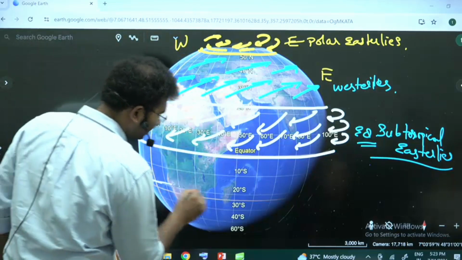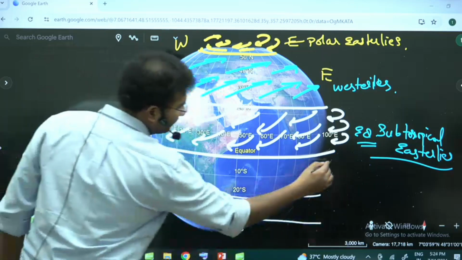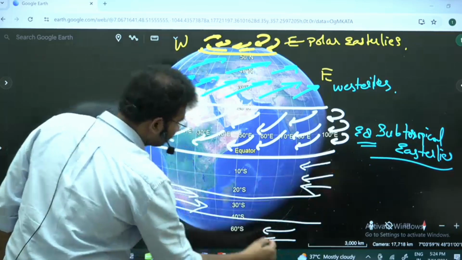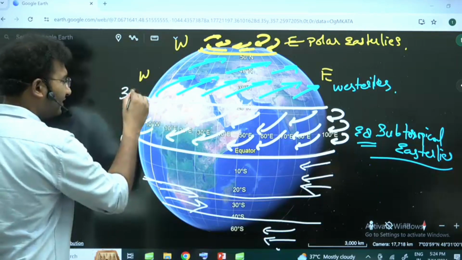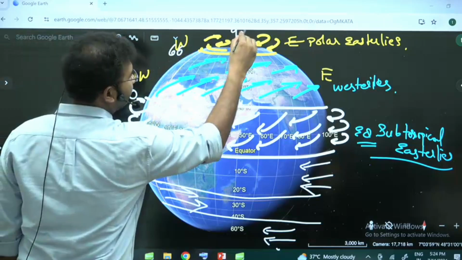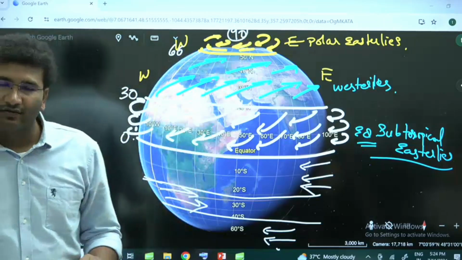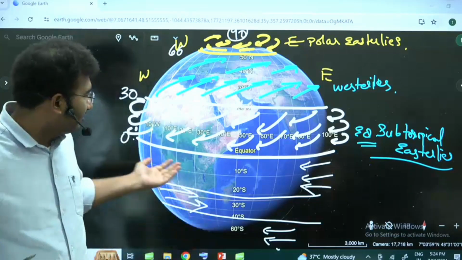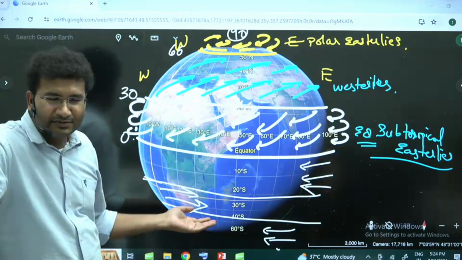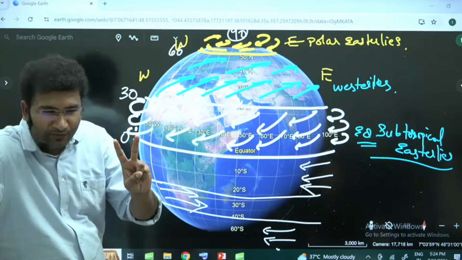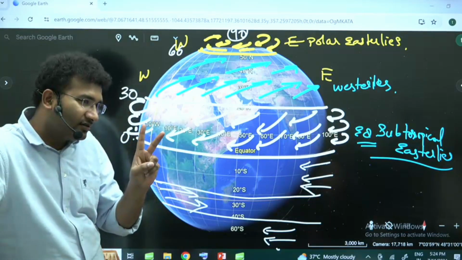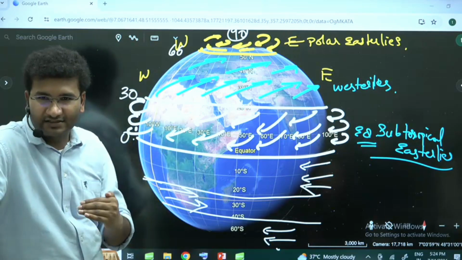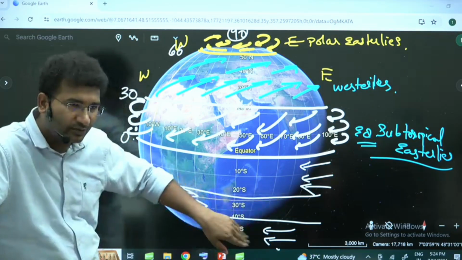Now this is also applicable to the southern part. Here also you'll have easterlies, and here you have westerlies, and again easterlies. So this is 0 degrees latitude, this is 30 degrees, this is 66, and this is 90. Where do you find the fastest winds? Where there is an absence of land. So where do you see the absence of land? The southern hemisphere. That means the winds are faster, so the water will also move faster. Furious 40s, roaring 40s, screaming 60s. You have heard of these, haven't you? The 40s, 50s, 60s are also associated with the ocean water.